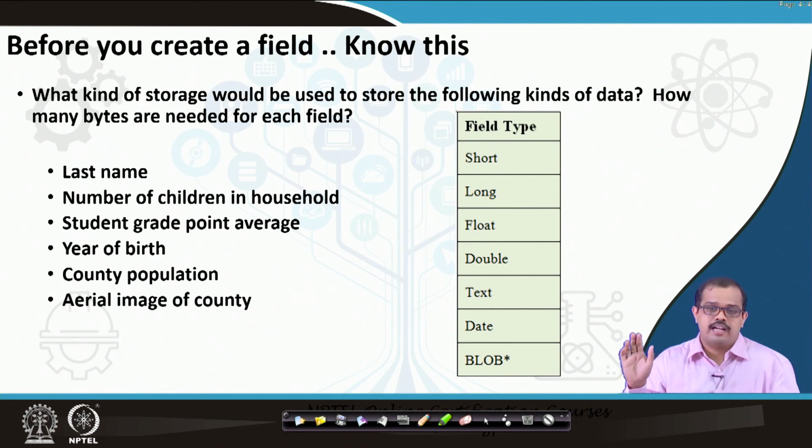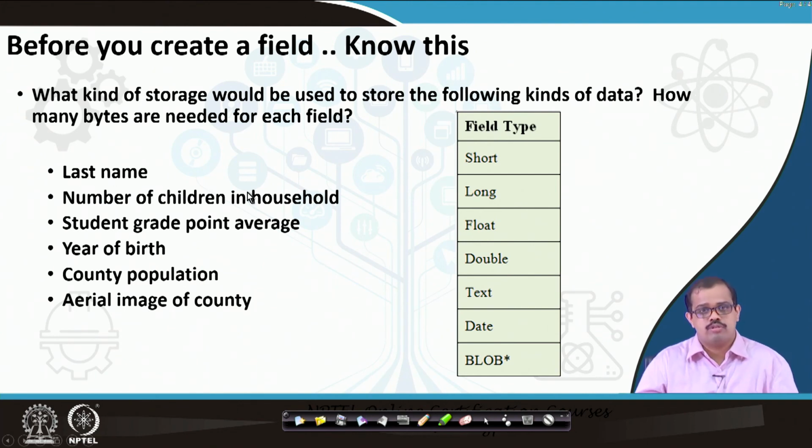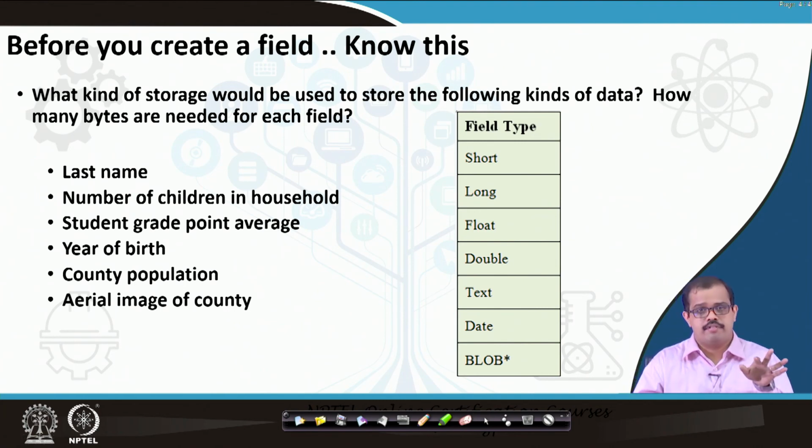First create that kind. That is why you need to plan first what data you are storing and what type of data is available, and only then can you look at it. For example, a last name may be very different from the number of children in the household. So the type needed for a last name is extremely different. A student's grade point average is more of a floating point, whereas the number of children in the household is an integer. So we have to look at how different this data is.